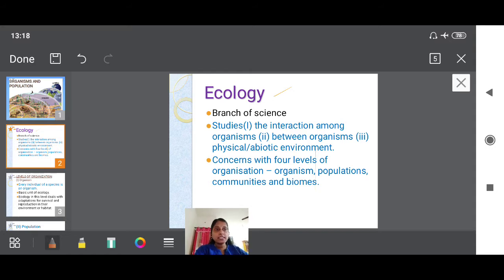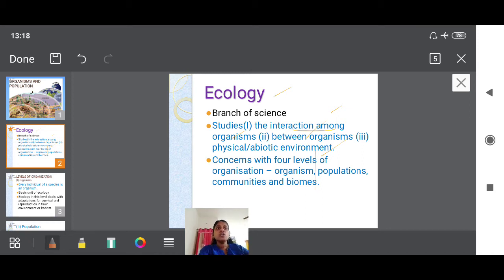It is a branch of science that deals with interaction among organisms, interaction between organisms, and interaction with the abiotic environment. So, what do you mean by this? It deals with interaction among organisms, meaning among a particular species, like among humans, among dogs, among cats. Between organisms, like between dog and cat, between human and other animals. And it also deals with the interaction with the abiotic environment,